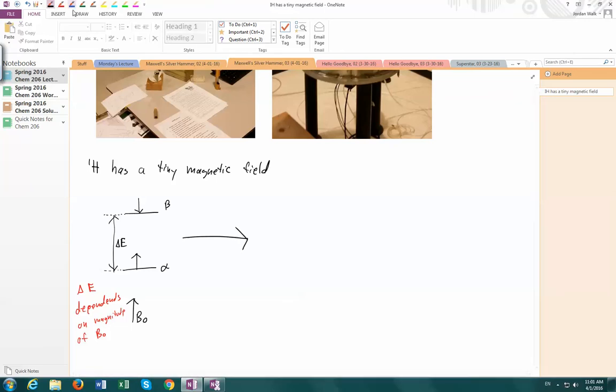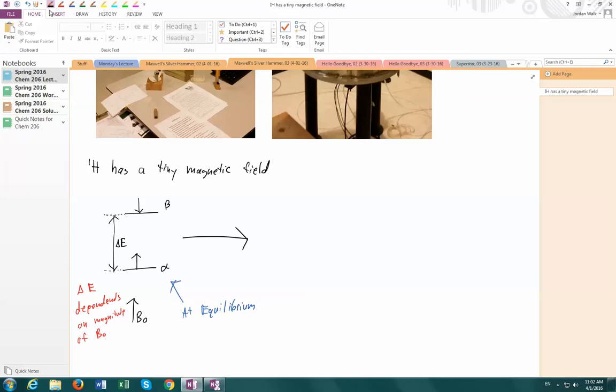In this state right here that I've shown, we are at equilibrium. We said last time that at equilibrium, it's a roughly 50-50 mix of spin states. Which one is slightly more favored? The lower energy or the higher energy? Definitely the lower energy, so there's slightly more of the alpha state. I think we said last time it was about 48 out of a million, a slight favoring of alpha. When we do this experiment, we're going to pulse our sample